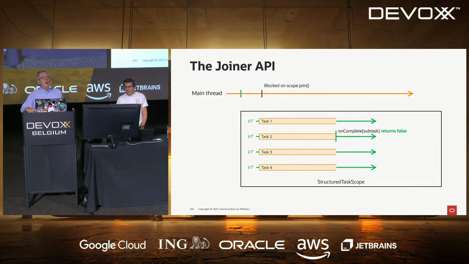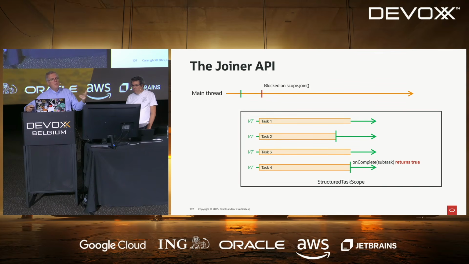But sometimes, onFork and onComplete, they all return a Boolean. And this Boolean will tell the structured task scope if it is allowed to continue running or not. Okay? If this Boolean is false, the structured task scope can carry on. If it is true, then it will stop, try to stop, and interrupt the thread. So suppose that for the first one, return false. For the second one, onComplete decides to return true. Then it means that this structured task scope is done. Well, the thread should be interrupted, and the structured task scope should be closed after that.